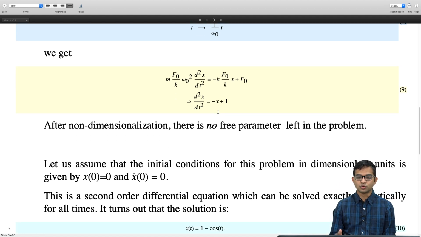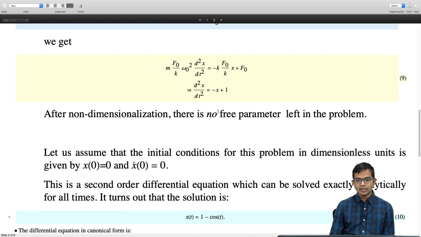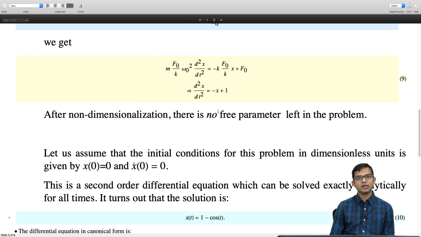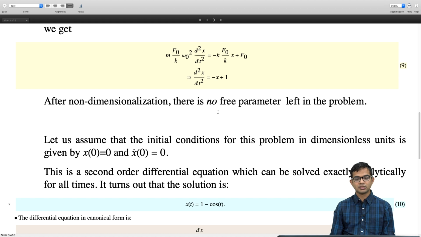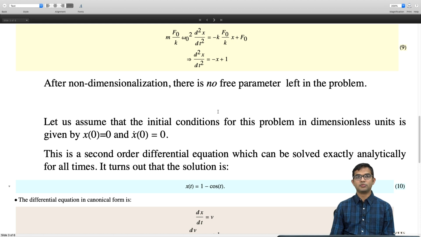So it turns out that the solution is simply x of t is equal to 1 minus cos of t, right? It's a very simple solution, and it's quite remarkable that in the presence of an external force, the particle is actually not going to run away to infinity in some sense. It's going to still keep on oscillating about a different origin, right? The only thing that this external force manages to do is to just shift the origin about which this particle will oscillate. So let's see what that means when we plot in a moment.